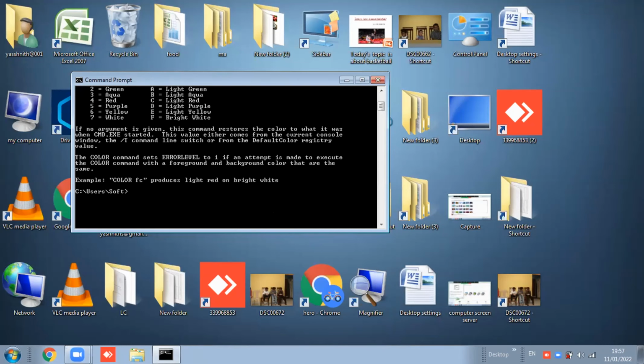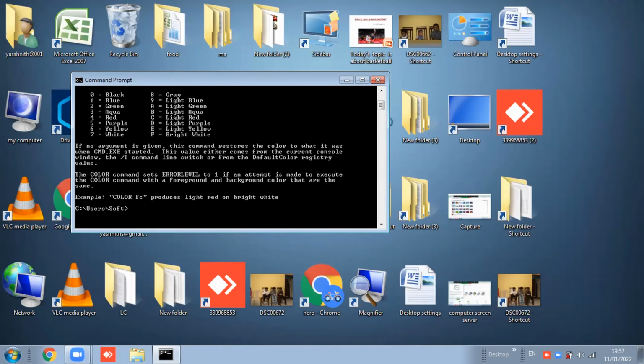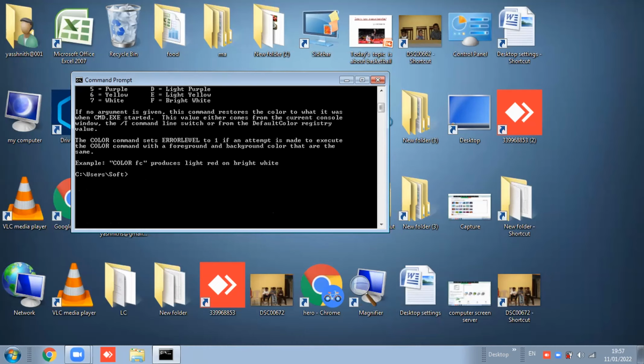Okay, so you want to get black color background and green color font. Then you can type color, and black color is 0.